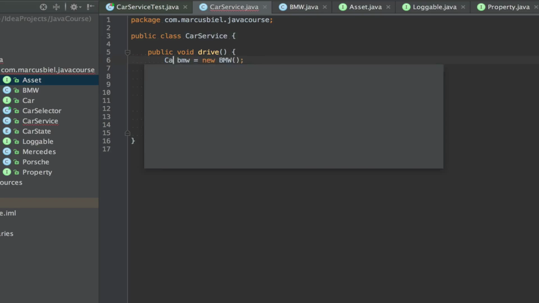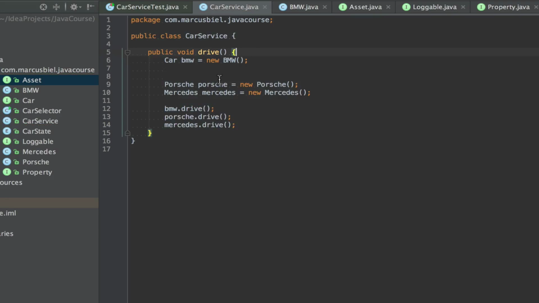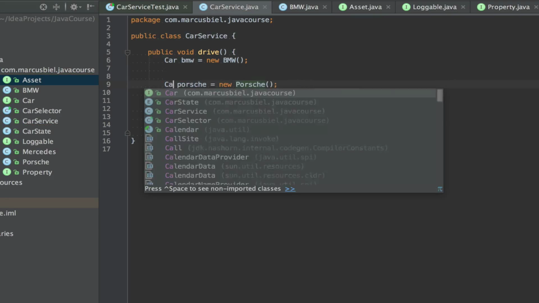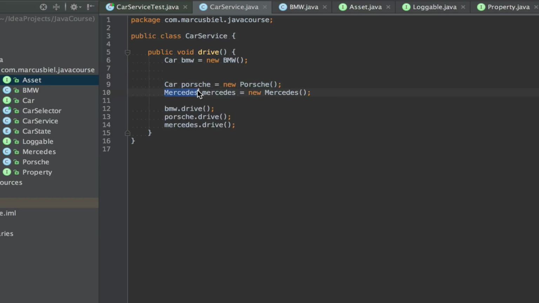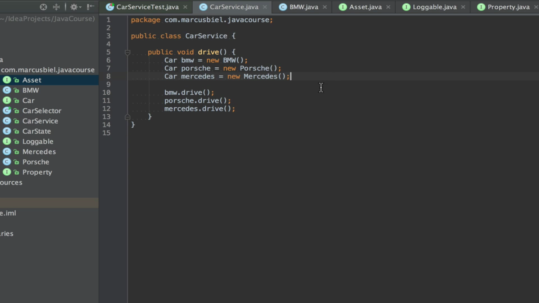Now let me make all these cars. And this is also something you should do. I mean, the object is the object, but for the variable, when you have an interface, always try to reference the object with an interface, because this way you can more easily exchange your code. Imagine the BMW would come as an argument to the method.